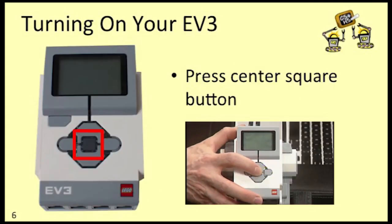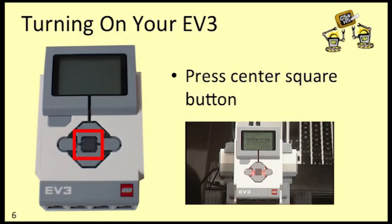Just as a reminder, to turn your EV3 on, press the center square button. Before you updated the firmware, it's possible, though unlikely, that you may not have heard the tones when you turned on your EV3. But when you do a firmware update, it resets your system, so you should now hear the